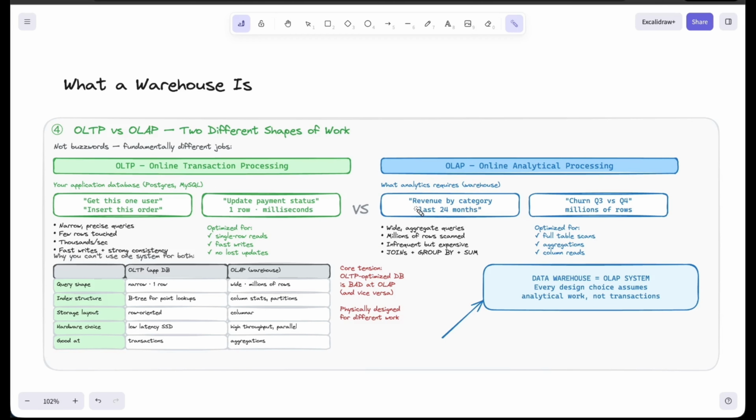Now just imagine the customer, or the businessman, has asked something like revenue by category in the last 24 months. What exactly happens? If you use OLTP, it's transactional processing, right? So usually it is not fit for analytics. We need to query the whole last 24 months of data. It might be n number of million records, but OLTP is best for single row reads, and here it's millions of records being read. So that's the reason